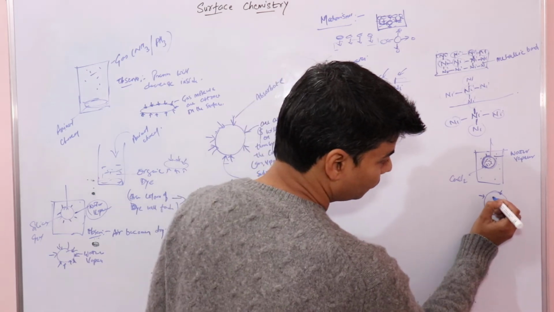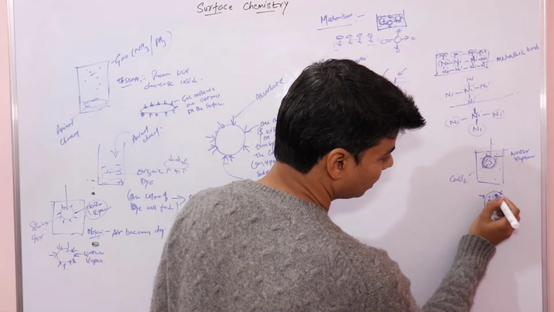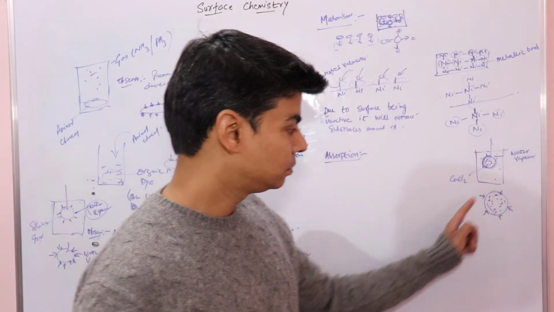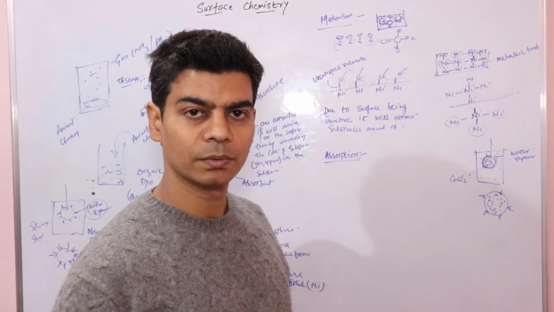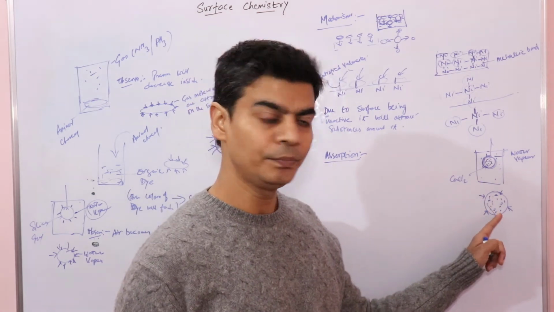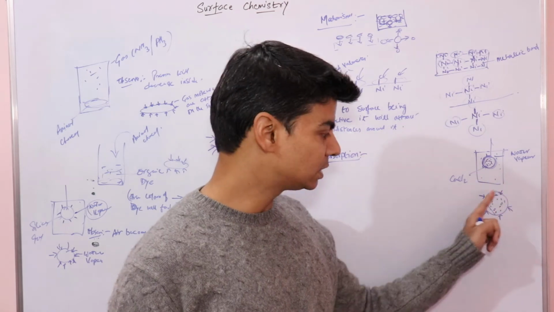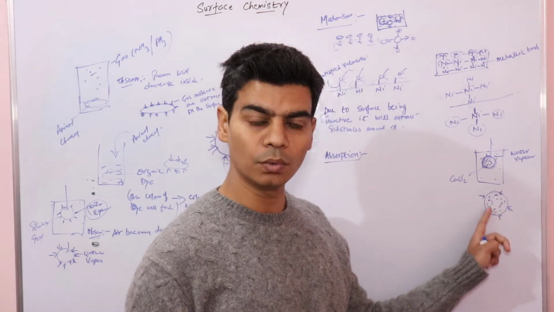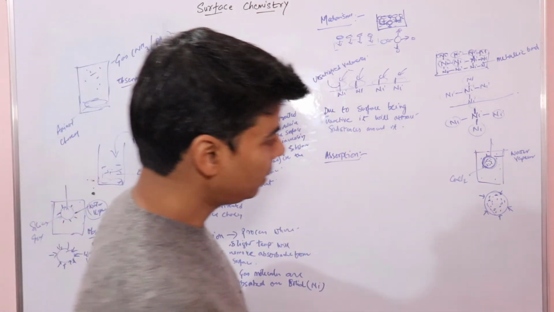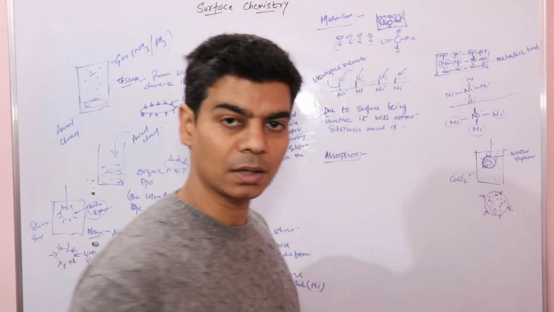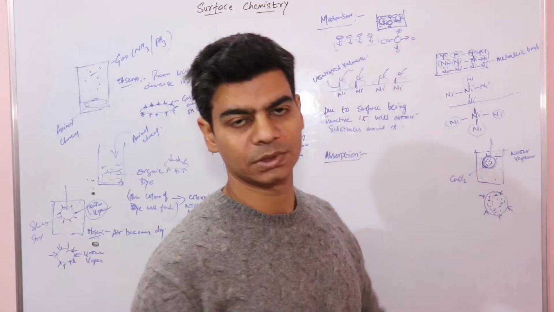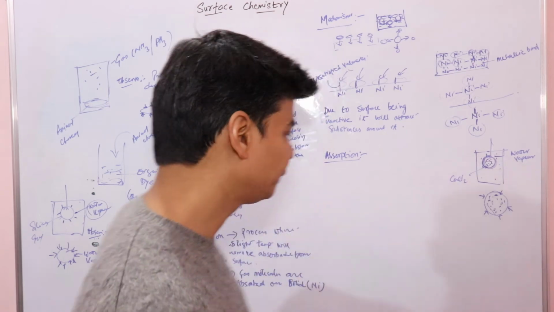So water vapor would be distributed throughout this substance. It will not remain on the surface only, it will move inside the bulk of this substance, which is calcium chloride here. So in this case, the substance will get distributed throughout the material of this solid. So this is your absorption, when the molecules are not attracted only at the surface but are also distributed throughout the substance. This is known as absorption.